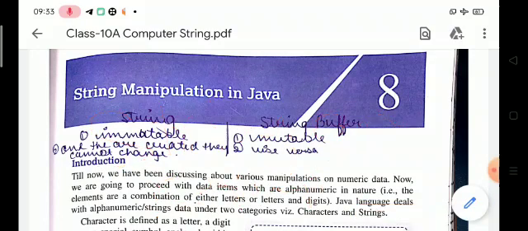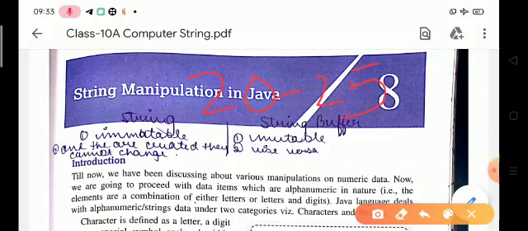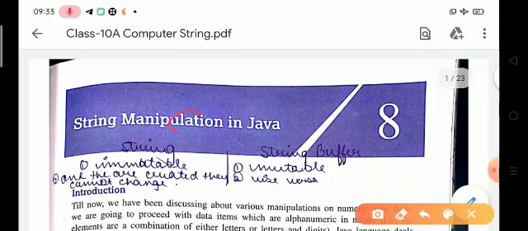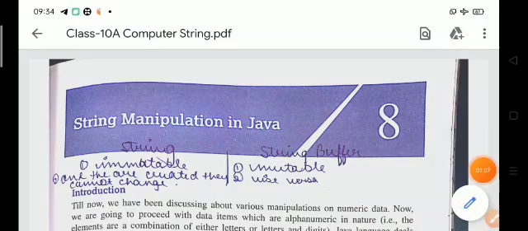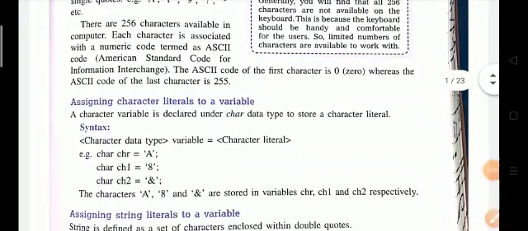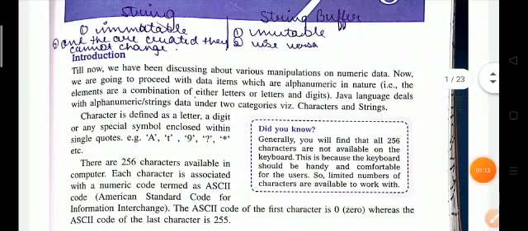Okay, so it is the most important chapter for your board examination, so read this chapter with full concentration. It includes almost 20 to 25 marks. In this chapter, most probably questions will be asked on string functions, output-based questions, and programs. Okay, so let's start the chapter, and my first topic is string.